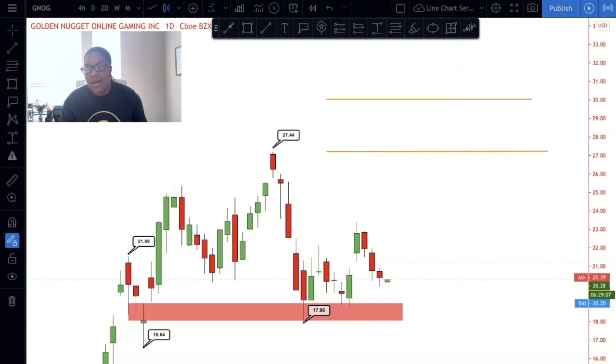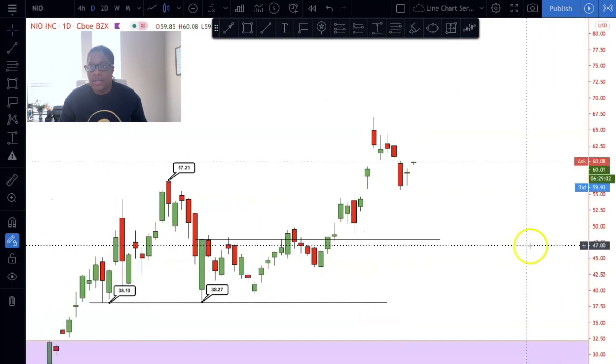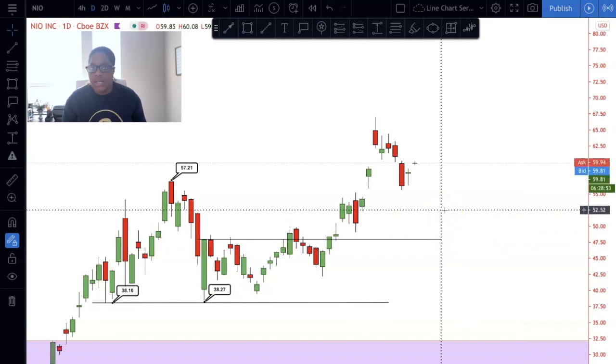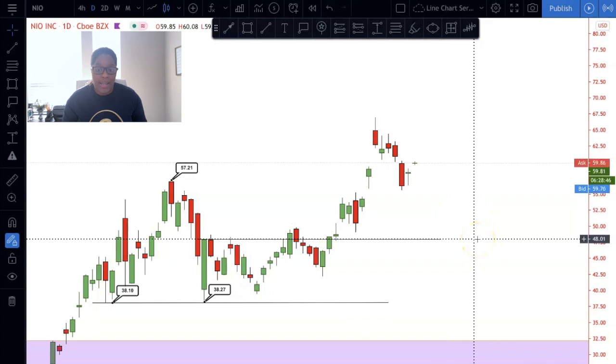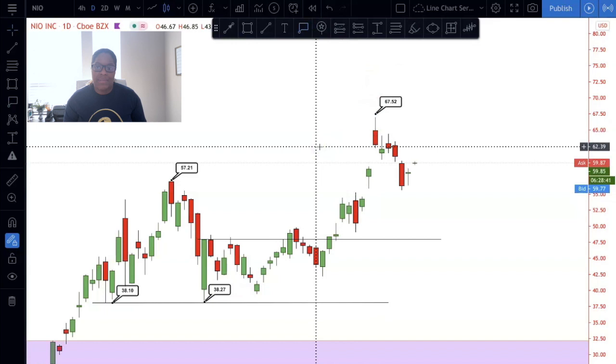And then the last one that we're going to take a look at, you guys, is going to be NEO. Dealing with NEO, I'm actually in this play running a few trades, right? Running a few shares as we talk about this right now. Right now, I would love to see NEO come down a little bit more. I'm honestly not going to lie to you guys. I would love to see it come back down into the $48 range, because the highest price was trading around $67.52.